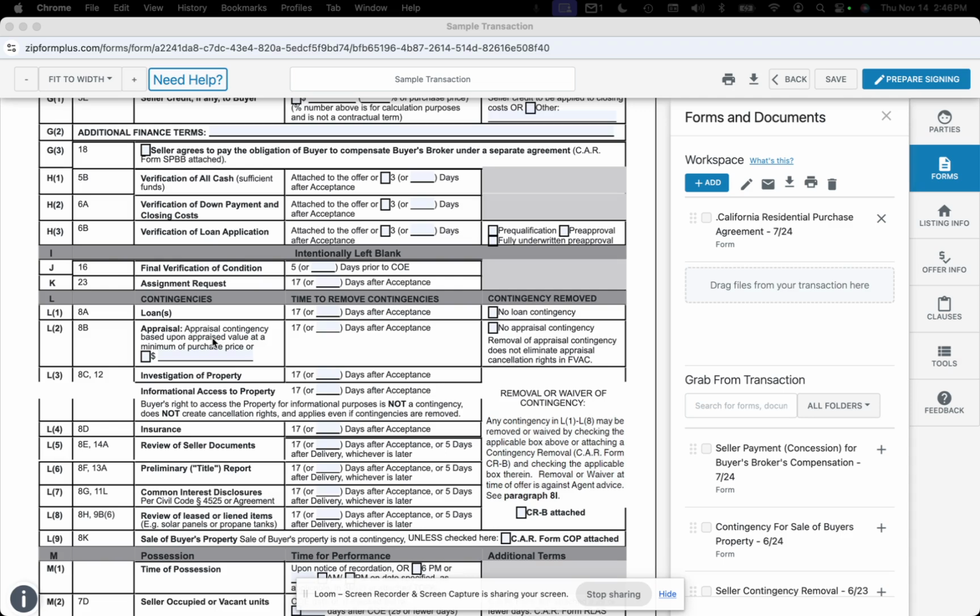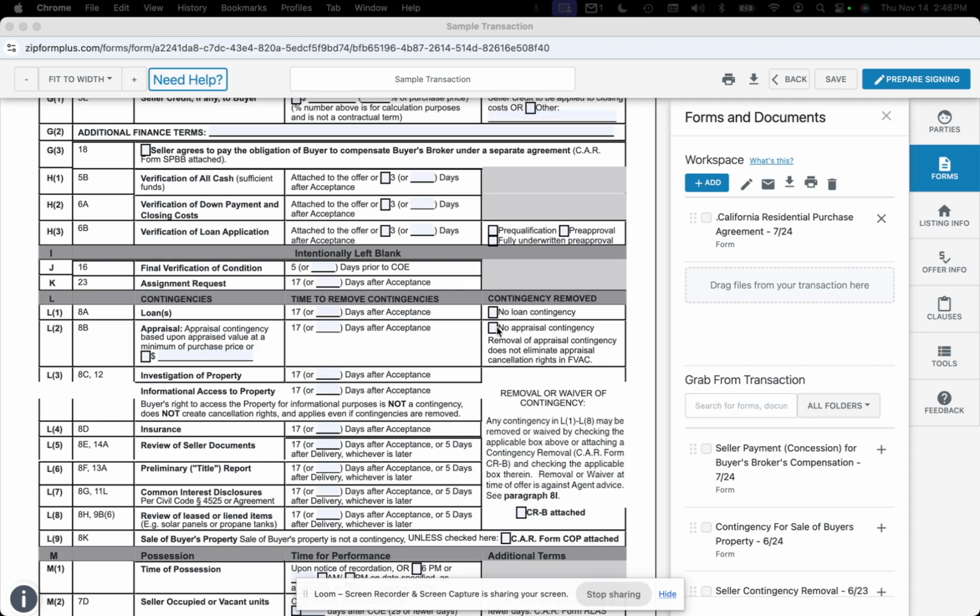But anywhere above, the bank is only going to fund the purchase for up to the appraised value. So if the appraised value in this case came in at $480,000, the bank will only fund it as if the purchase price was $480,000, which means you now owe another $20,000 on top of your 20% down payment for $480,000. So you definitely need to make sure that if the seller is not going to be negotiable to a lower purchase price because of that appraisal, you have that appraisal contingency to